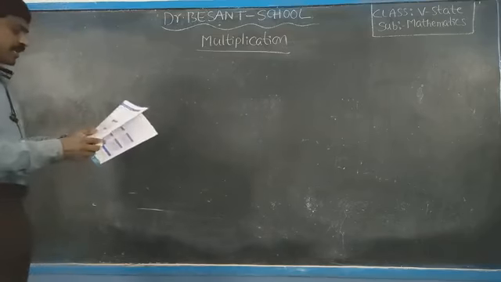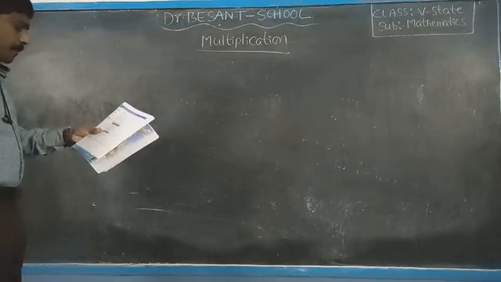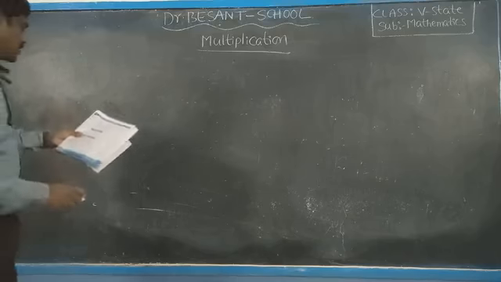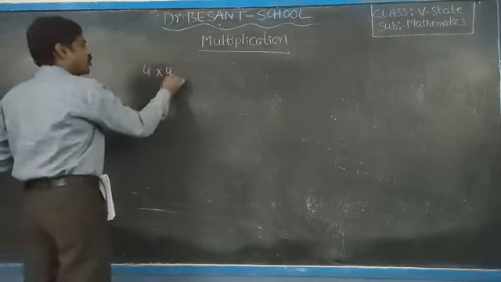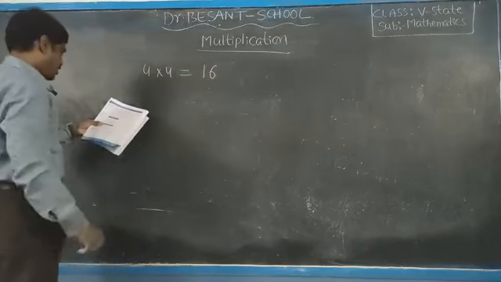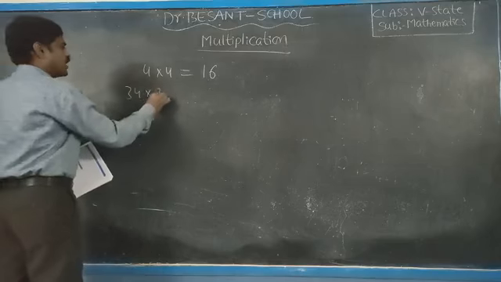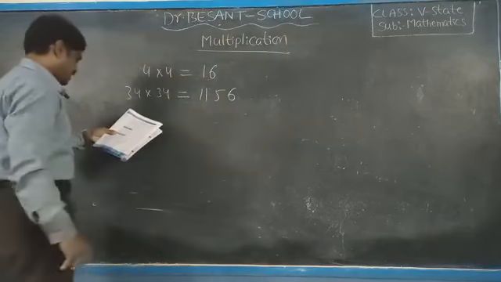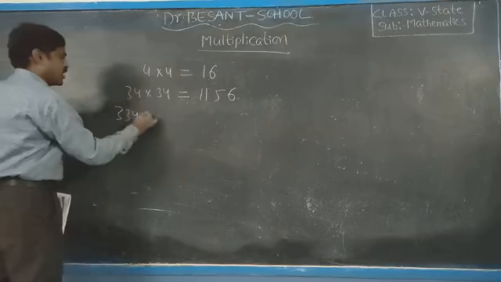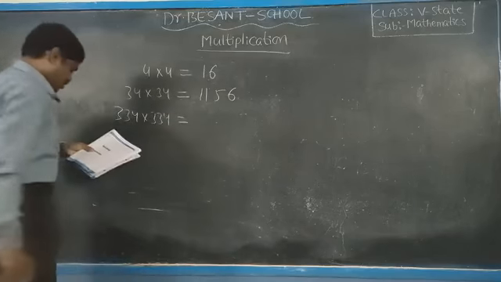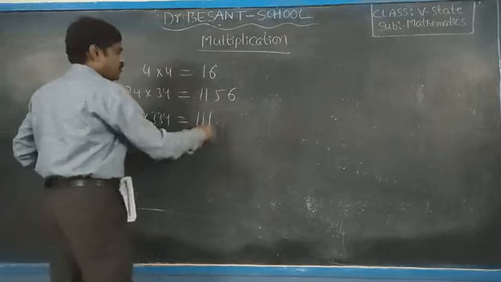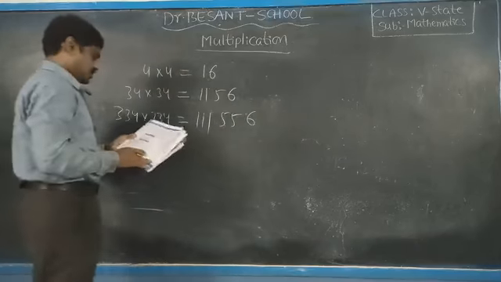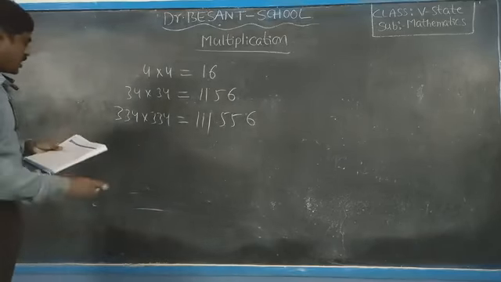Observe the pattern and write the next two patterns. 4 into 4, 16. 34 into 34, 1156. 334 into 334, 111556. Next again,